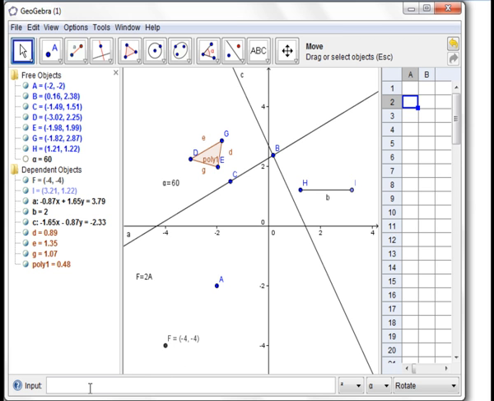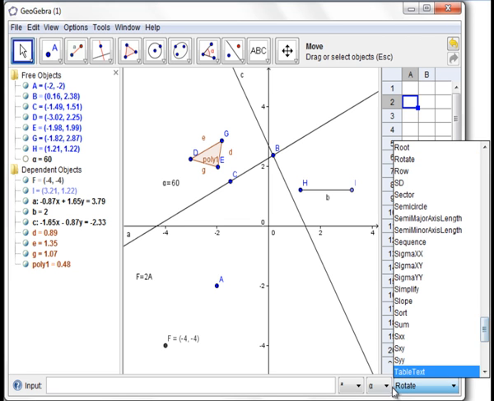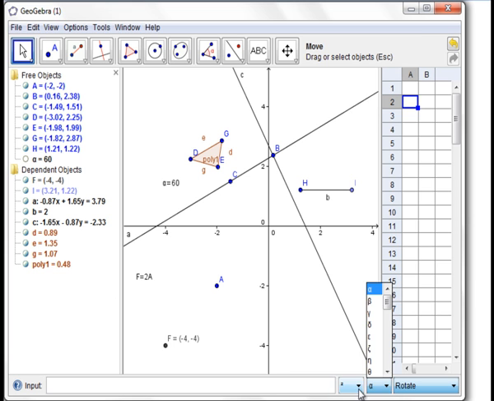This is the input bar. It can be used for inputting commands by keyboard typing to produce geometric construction. Inputting a command is not merely keyboard typing. The command can also be created by a combination of typing the command here and then choosing the command from here, choosing a variable from here, and choosing a function from here. For example, we are going to rotate